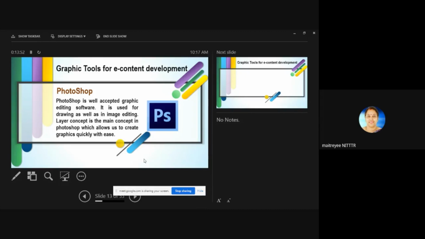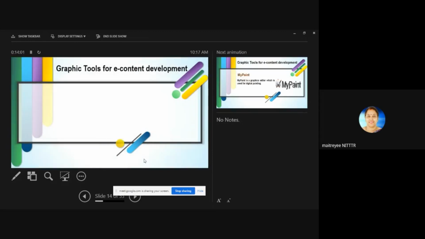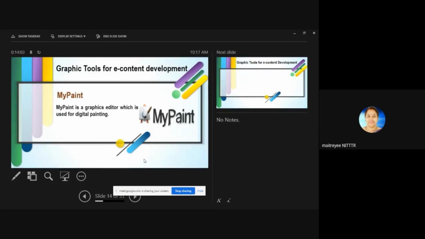This is the help of introducing this layer concept. And since this is commercial software, open source software has also been developed, which I will tell you.